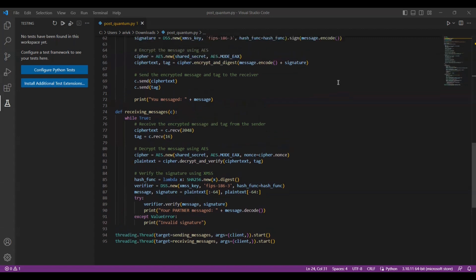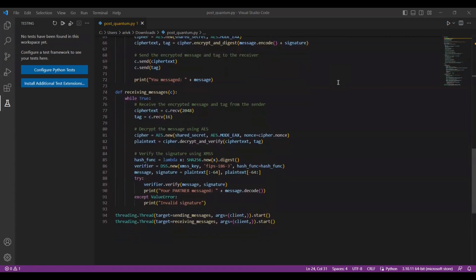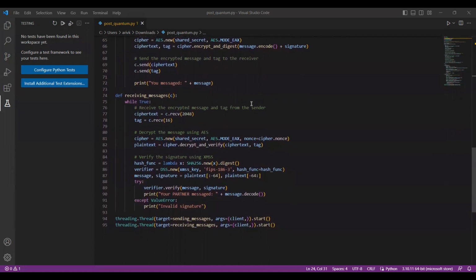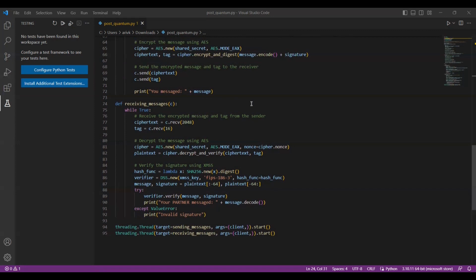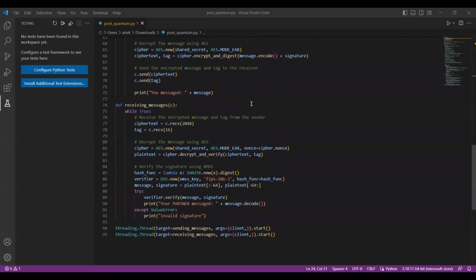I will show the code here, receiving messages. It receives encrypted messages, decrypts them using AES encryption, and verifies the digital signatures using the XMSS algorithm. The function receives messages from a client socket object passed as a parameter and continuously loops to receive messages.